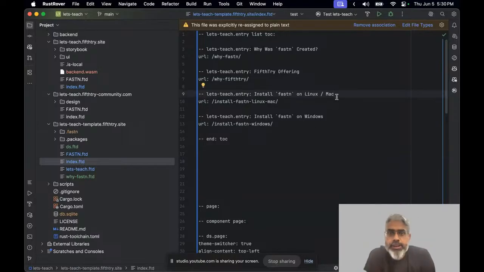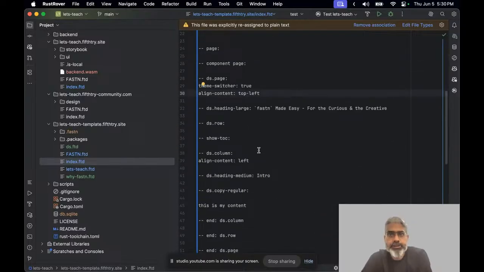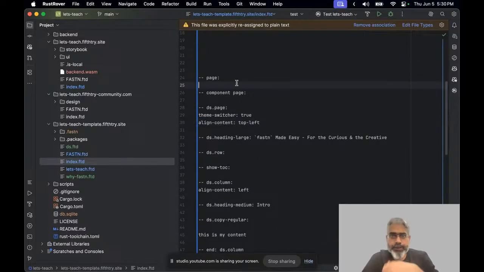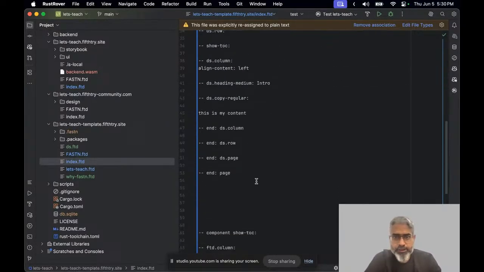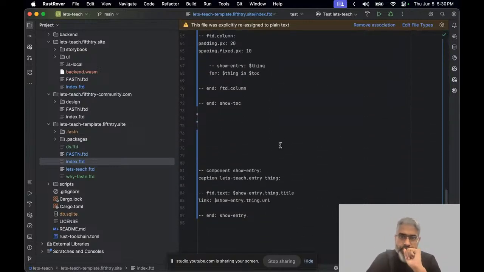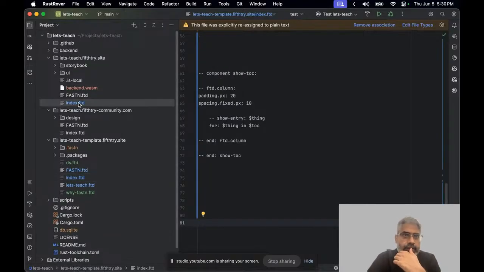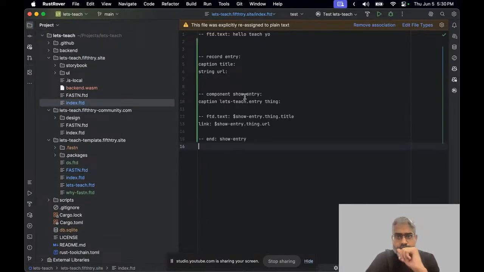We will do that later. Okay, so we have this page. Now we have created a new component, and let's put this component also right in the show TOC and show entry. Obviously, this deserves to be in this guy, right? So because obviously,